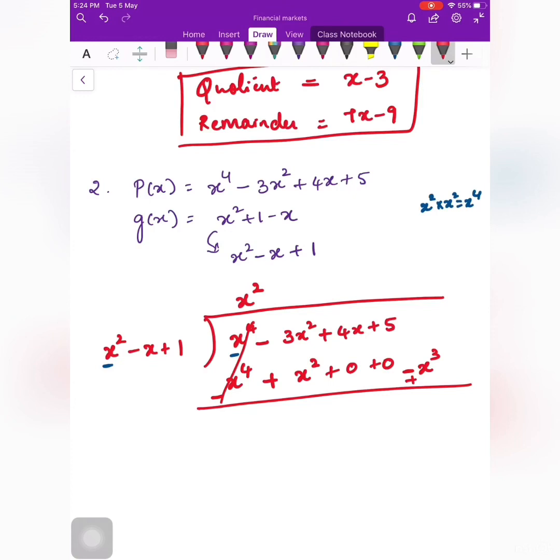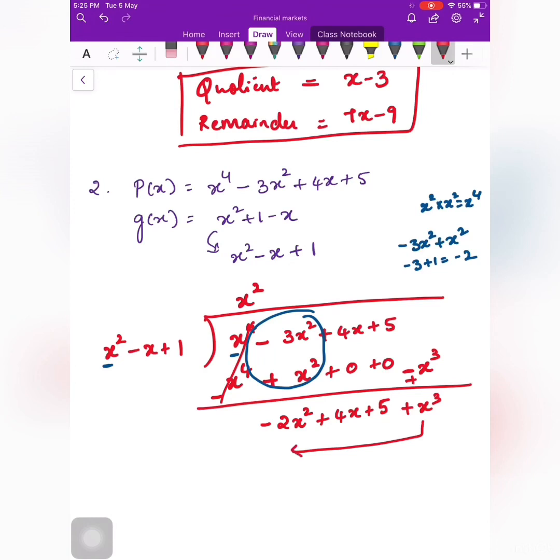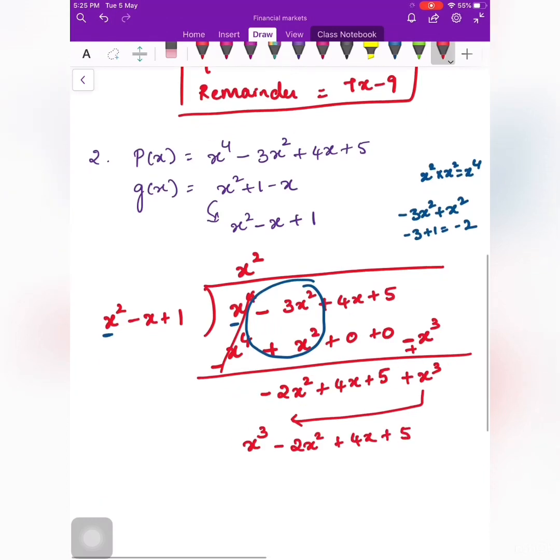Now you can check here, minus 3x square and plus x square. This portion will do what? Minus 3x square plus x square is as simple as minus 3 plus 1, which is nothing but minus 2. Correct? So this will be minus 2x square. Now bring the other terms as they are, since there is no change. Here another term is added, that is plus x cube. In the order of exponents, you can take it as x cube minus 2x square plus 4x plus 5. Rewrite this expression which you have got here.